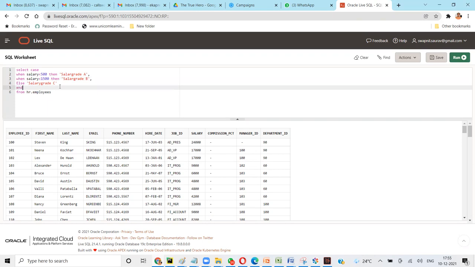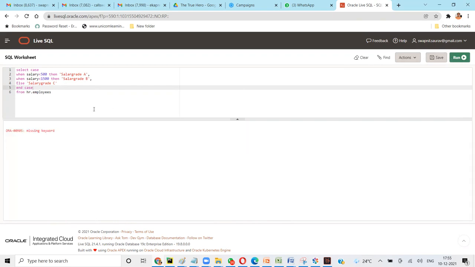Now see, in Python we use indentation, so it knows when an if begins and ends. But in any other language you have to specially mention it. That's why here indentation is not important. Now something is missing here. I think I made a mistake.